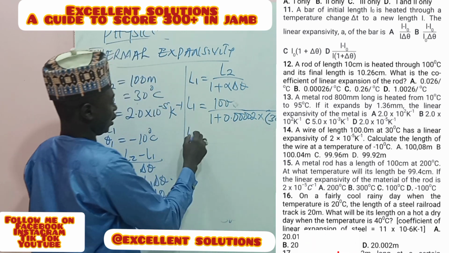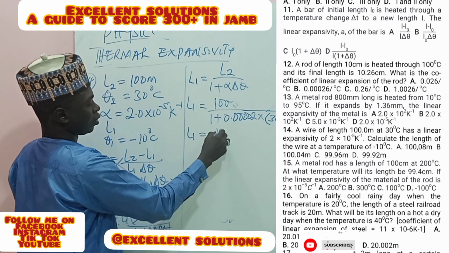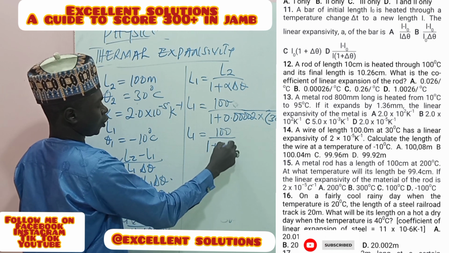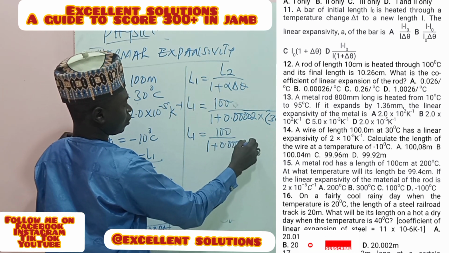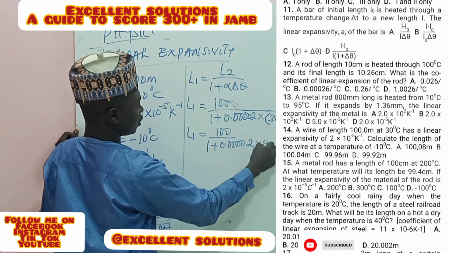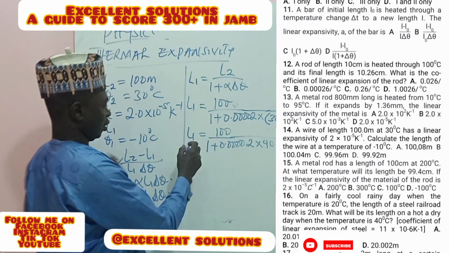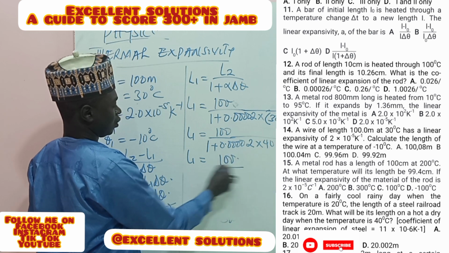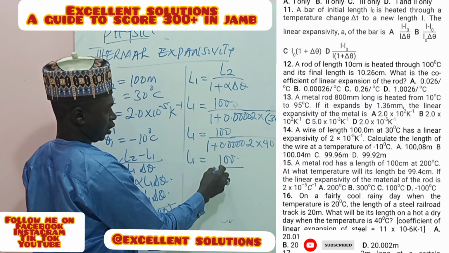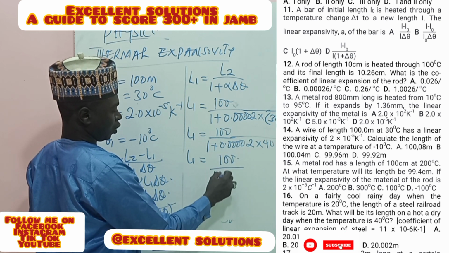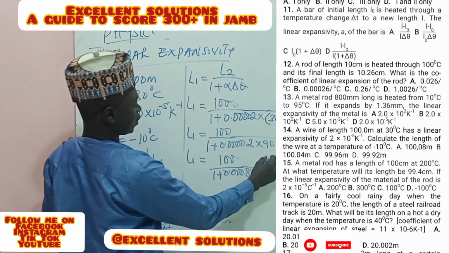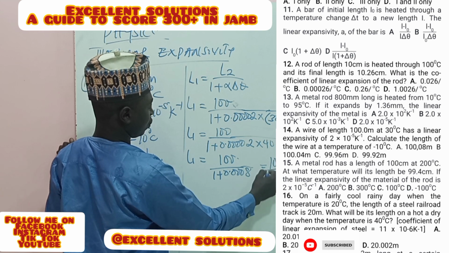So we now have L1 equals 100 over 1 plus 0.00002 times 40. So L1 equals 100 upon 1 plus 0.0008, and this is now 100 upon